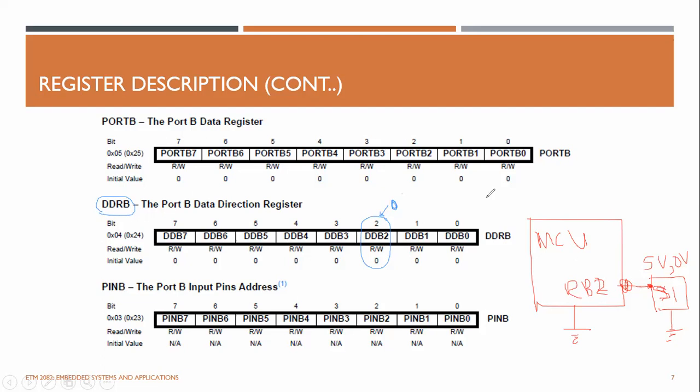And so you don't need to write anything, because we are not driving. So you don't need to worry about port B, right? All you need to do is just read the value from here. So you go to pin B, and you just read the current value of pin B2. So if it is 5 volt from the sensor, you will see it as a digital 1. If it is 0, you will see it as a 0, right? So this is how you deal with these registers